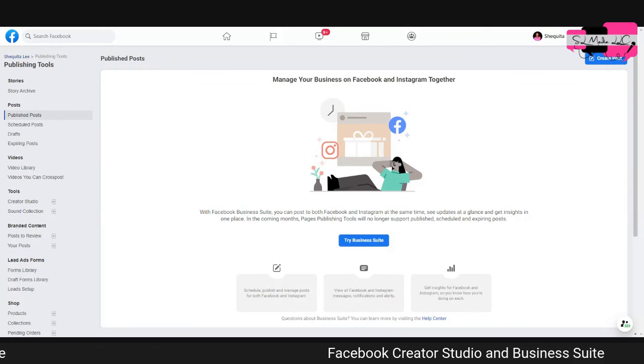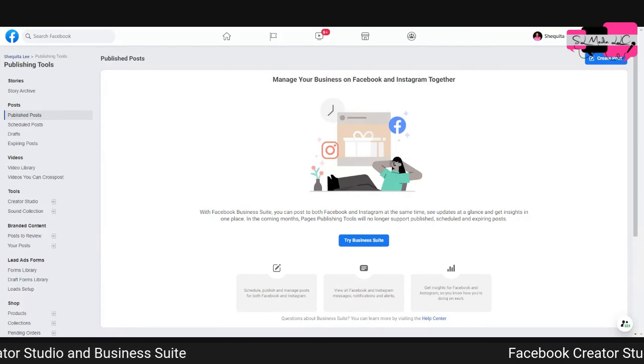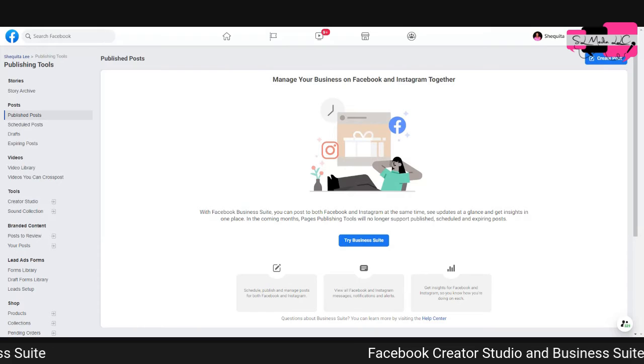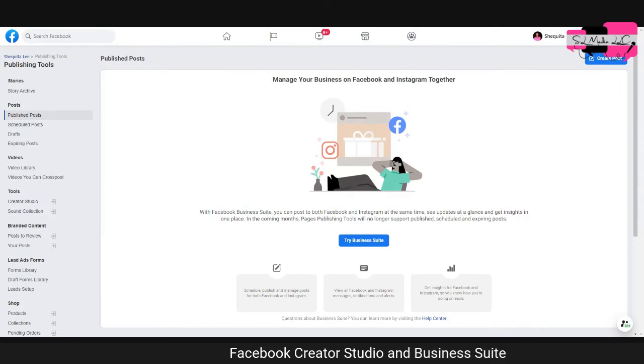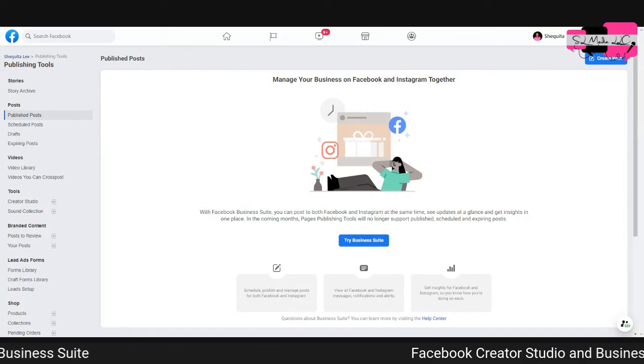But if you check this box right here, it's going to post the same exact thing to your Facebook with hashtags and all. So I don't select that box. I actually put all my content, my pictures, my hashtags,